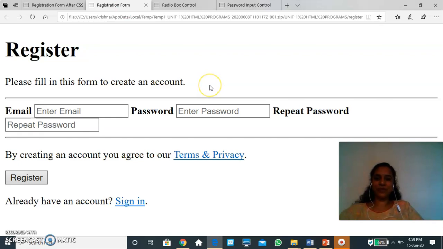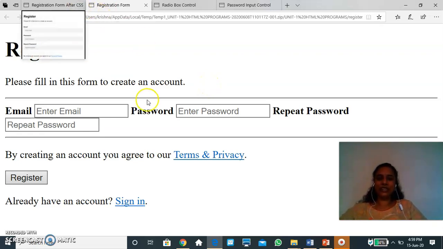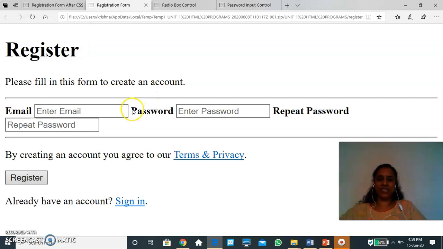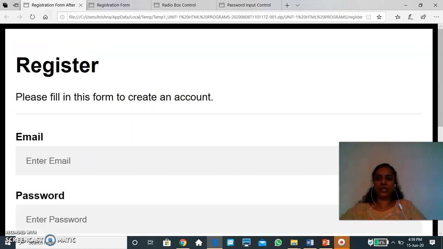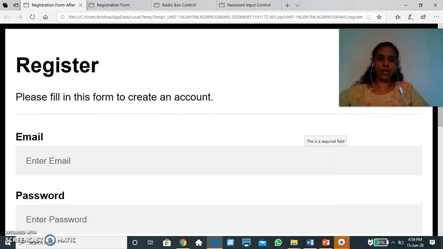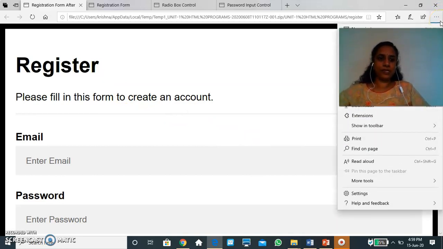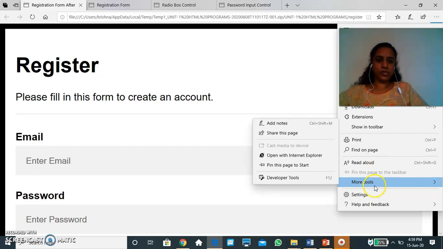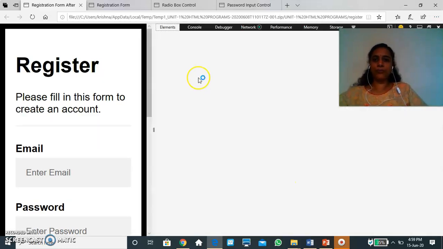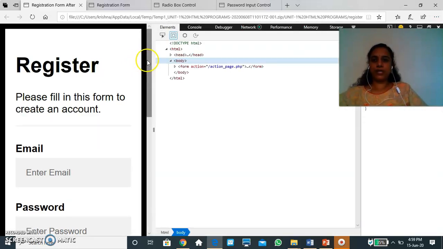This registration form looks cluttered, right? I think the BR lines have not been given, so I'll go for the next one. Yeah, this looks very decent, right? Now you can see this form is a registration form, and I'll go to this click option and show you the code.